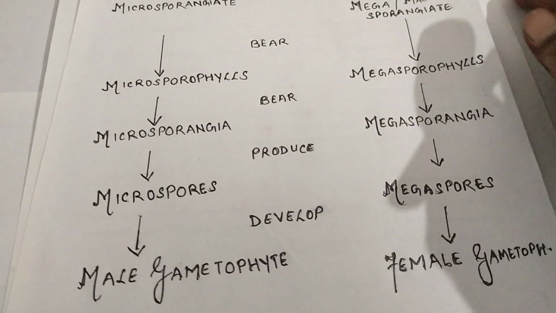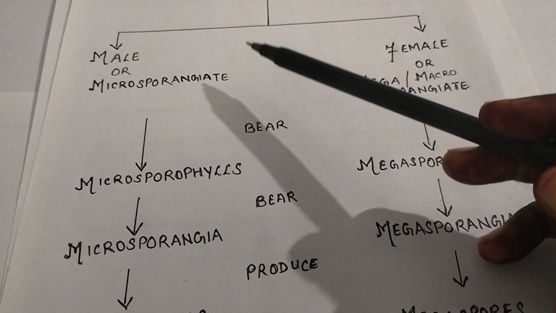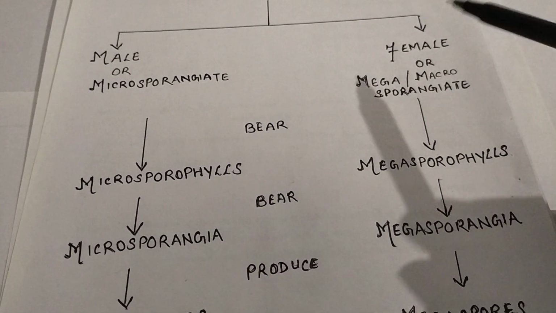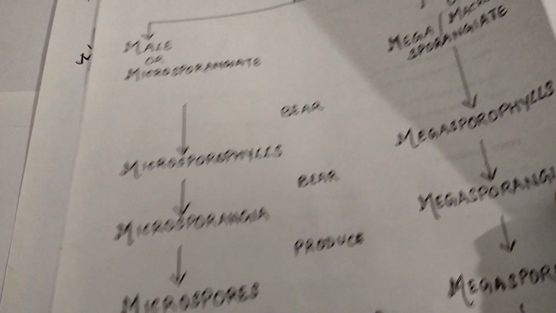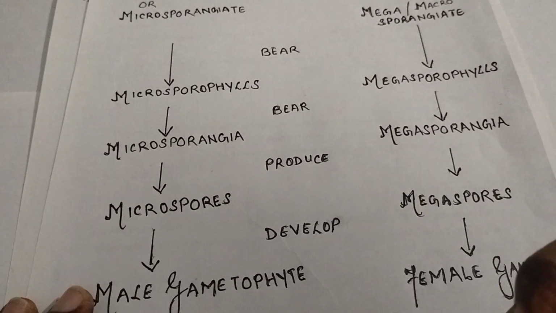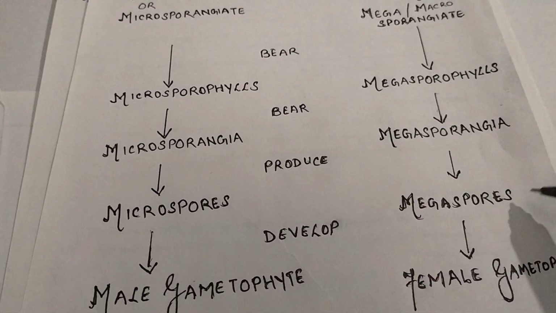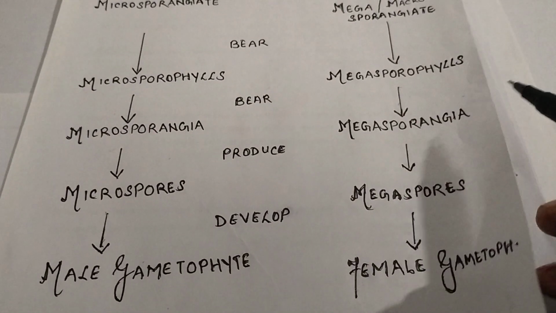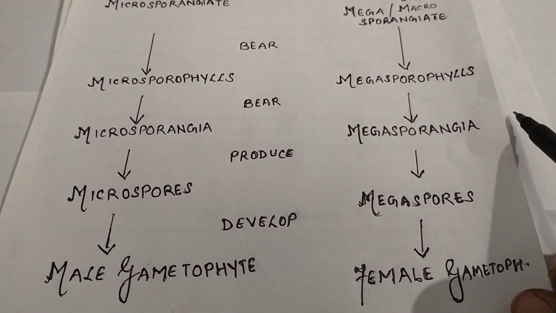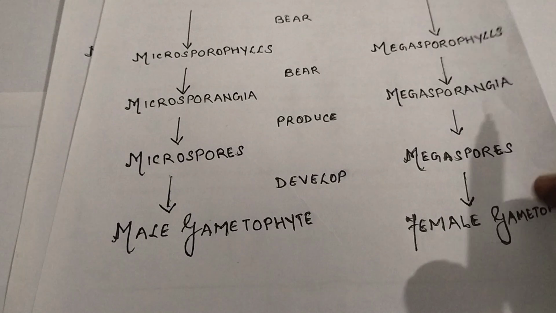Where are these sporophylls present? They are present on their respective cones. Microsporophylls on the male cone or strobili, megasporophylls on the female cone or strobili. And what will they form? Spores. What will the spores form? Microspore will develop into male gametophyte, and megaspore will develop into female gametophyte. Understand? Now, these microspores which develop into the male gametophyte,